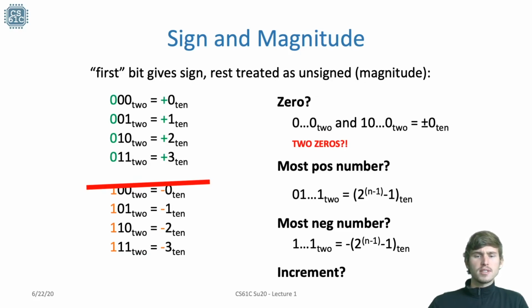How about incrementing these values? Well, incrementing positive values, that works, but if we add 1 to like 3 in our example when we have 3 bits, that kind of gets weird. Also, if we try to add 2 negative numbers, we actually just make it so that it is a smaller value instead of the larger negative value for what it should be. So this is not quite ideal.